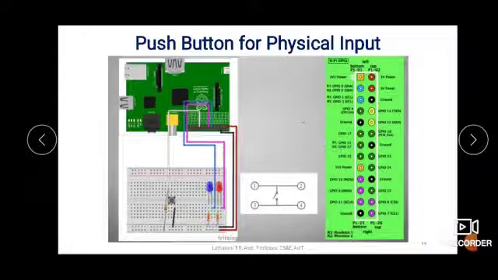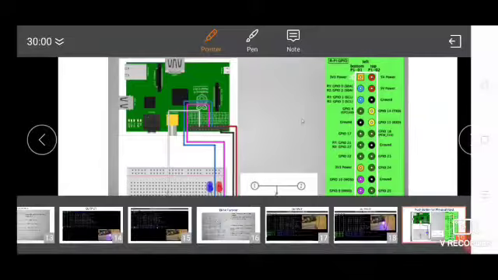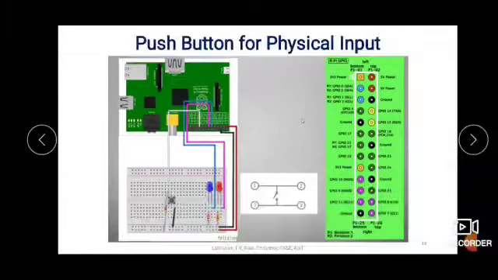Then the next program is to introduce a push button into the Raspberry Pi and then make use of the push button to make the LEDs glow and turn off. This is the program of making use of a push button with Raspberry Pi. So here this is the push button which is placed here in the breadboard.